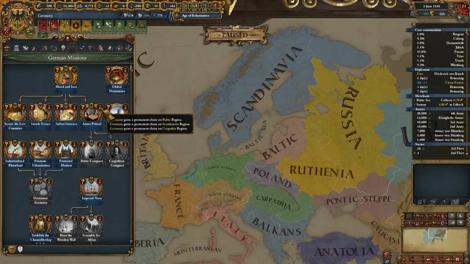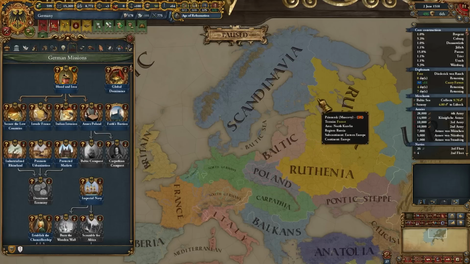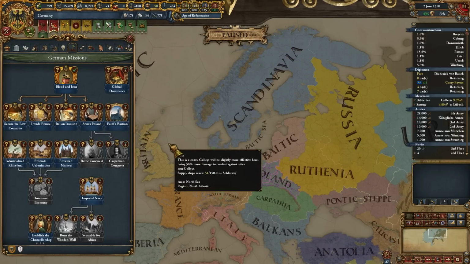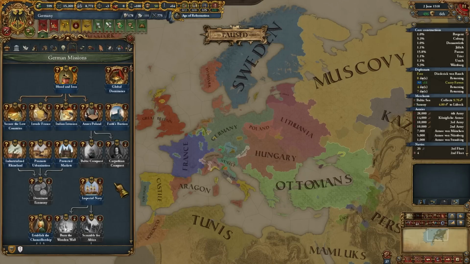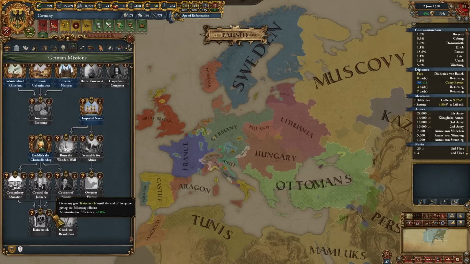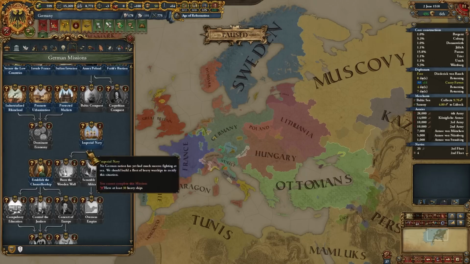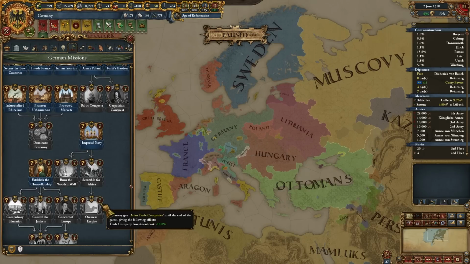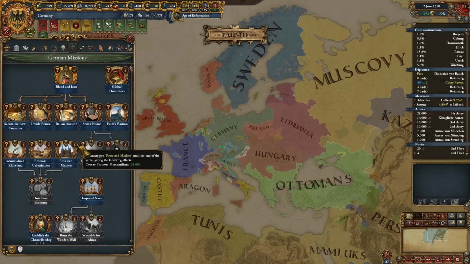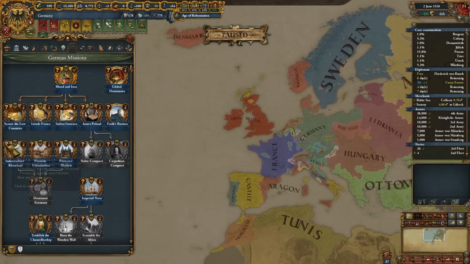On the Scandinavia region, all of that permanent claims, and on the Baltic region, all of that permanent claims. And then it gets up to 11 permanent bonuses from that mission tree, one of which is actually another 5% admin efficiency, along with 10% morale of navies, 10% trade company investment cost, minus 33% cost to promote mercantilism, plus 15% burgher loyalty until the end of the game,